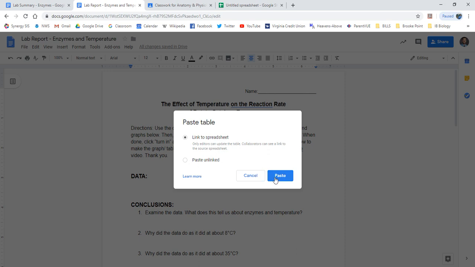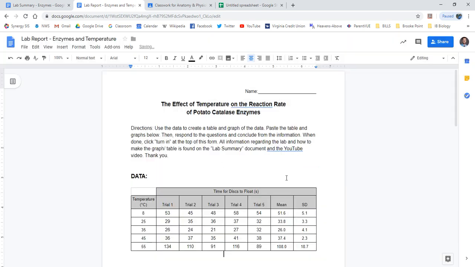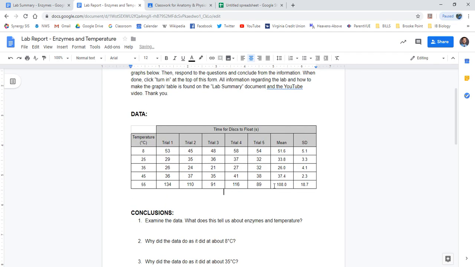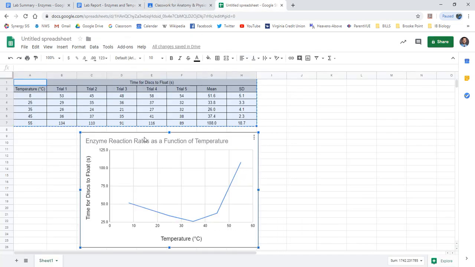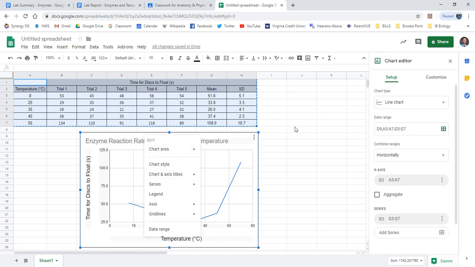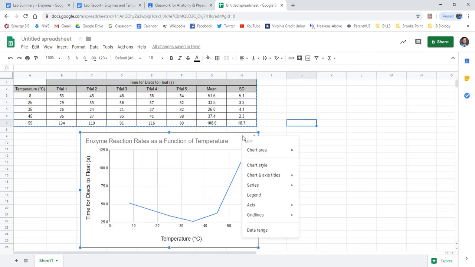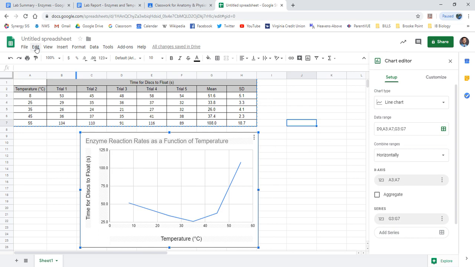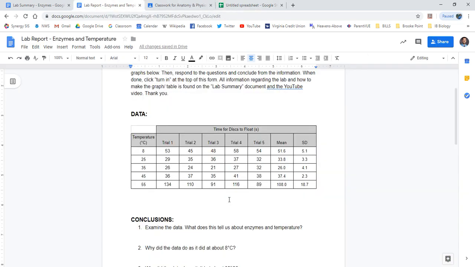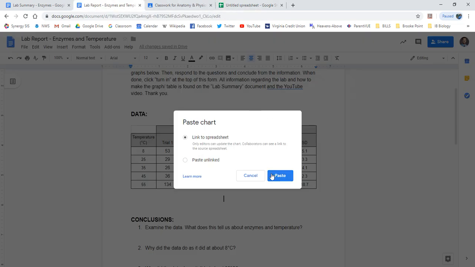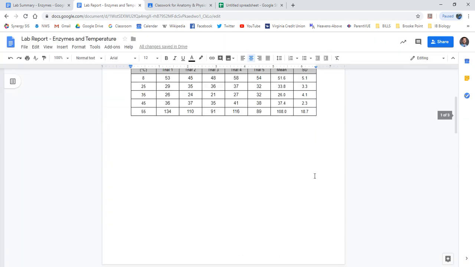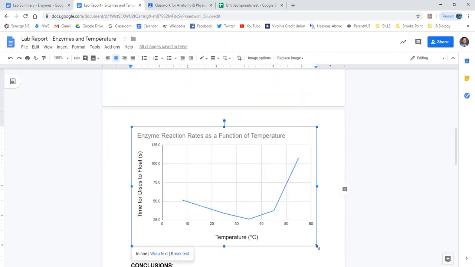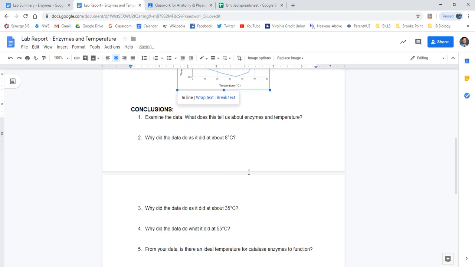I have to practice a little more because I'm not into Google Sheets as much. You can paste it, and I guess whatever way it comes out. And then if we go to our graph, click off here, we'll do the same thing where we'll come up and copy it. And then we'll paste it into Google Sheets. I'm not sure what the linked and unlinked is. And there we go. Now, if you can possibly scale this down to where it'll fit on the same page,